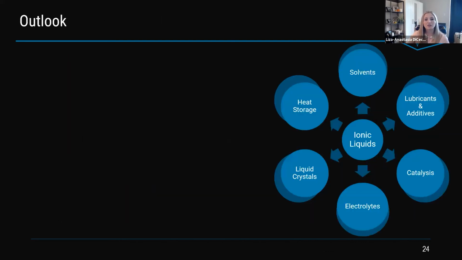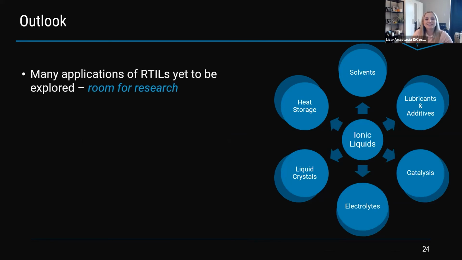So a quick outlook on what the future of ionic liquids looks like. There's still a lot of applications that have yet to be explored using these methods, and there's room for research. Even in RTILs, when we started this work, nobody had ever looked at using this to image bone, so that was something that we explored ourselves, and there's very specific applications. I know, for instance, there was a study where there's a water sensitive metal, and the CCM was looking at exploring ionic liquids for that. But there's other applications too, and not a whole lot of people have done this kind of research.